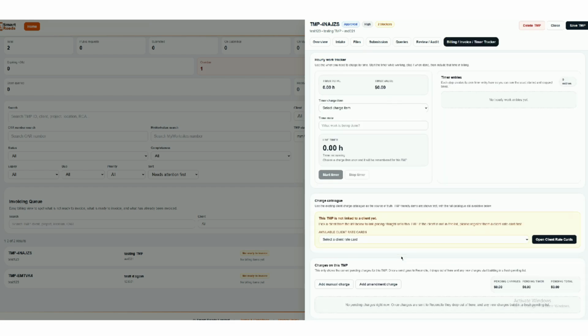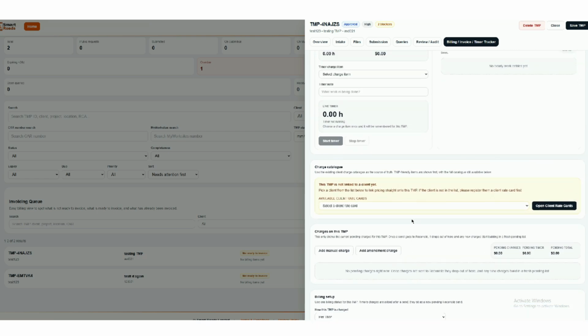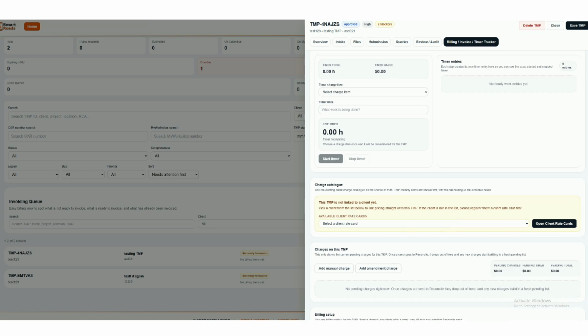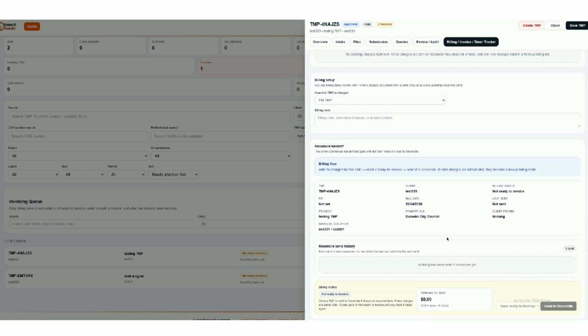Billing/invoice/timer tracker. This section manages time tracking, billing, and invoicing for TMP projects. Users can run live work timers, add billing charges, assign client pricing, and track pending invoice totals. The invoicing workflow helps move TMPs through stages such as not ready to invoice,